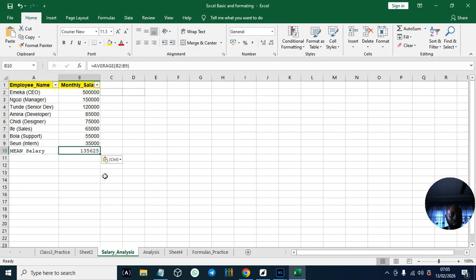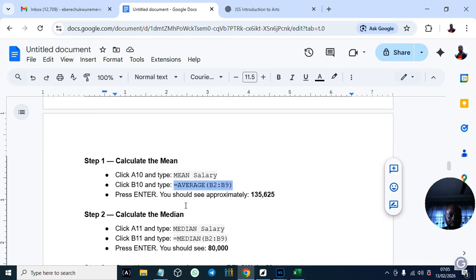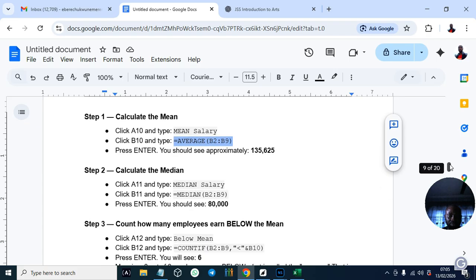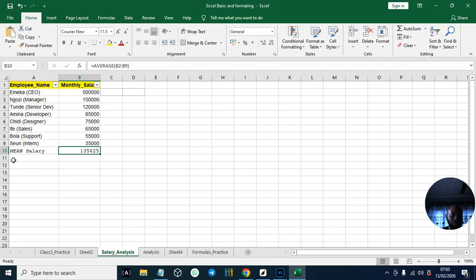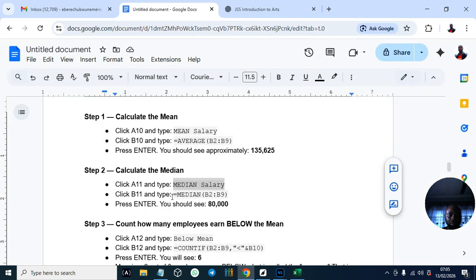See what is happening there. Now it becomes 100,000 something. Now let's calculate the median for you to see what the outlier does to it. Right? So just follow me.